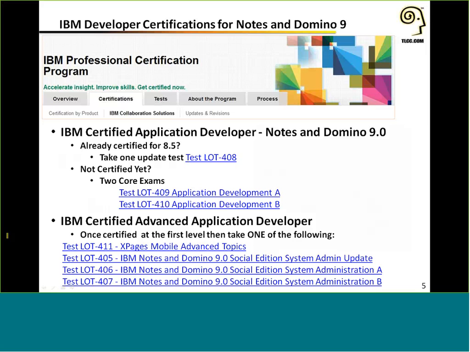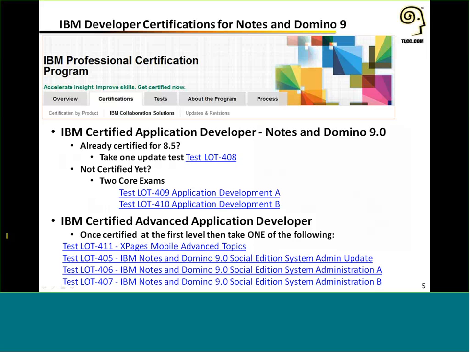Okay, so I'm not sure if the results are visible to everyone, but we have a little bit across the board on the versions. Only 5 of you are certified on 9 right now. A lot of people are on 8.5, and then the rest of you are anywhere from 5 to 8 for your highest level of certification. And that brings up another topic, and suppose you're certified on, let's say, Domino